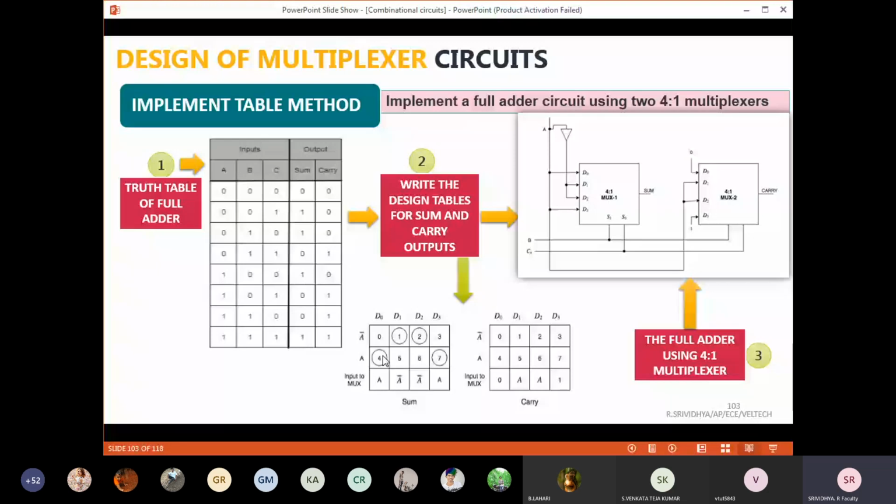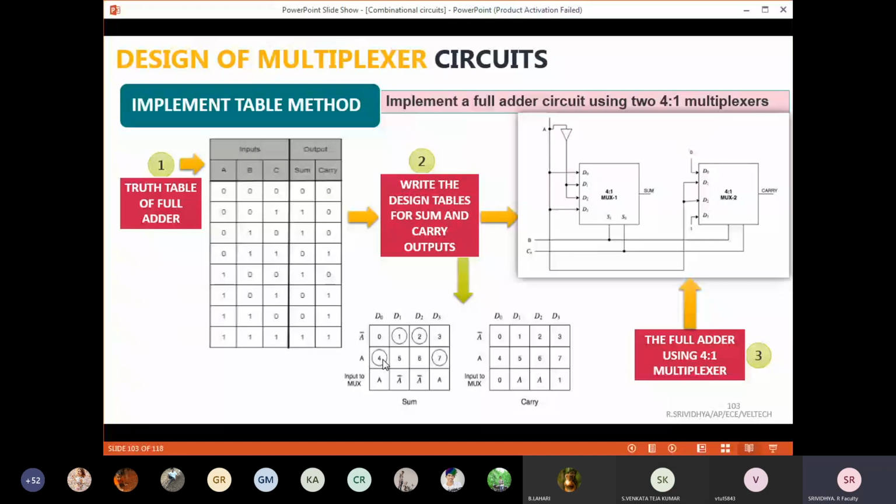In each column, if only one circle is there, that circle will correspond to either of these values, which you will write directly. If in a column both are circled, then the output will be 1. If only one is circled, then the output will be 0.